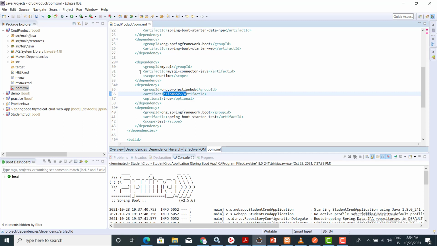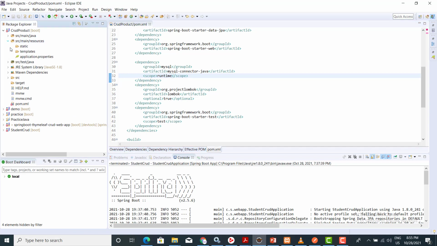The pom.xml is a Maven file which adds the dependencies. Now let's have a look at the project code. We get a package src/main/java, which contains all the Java code, and src/main/resources, which contains resources like properties.